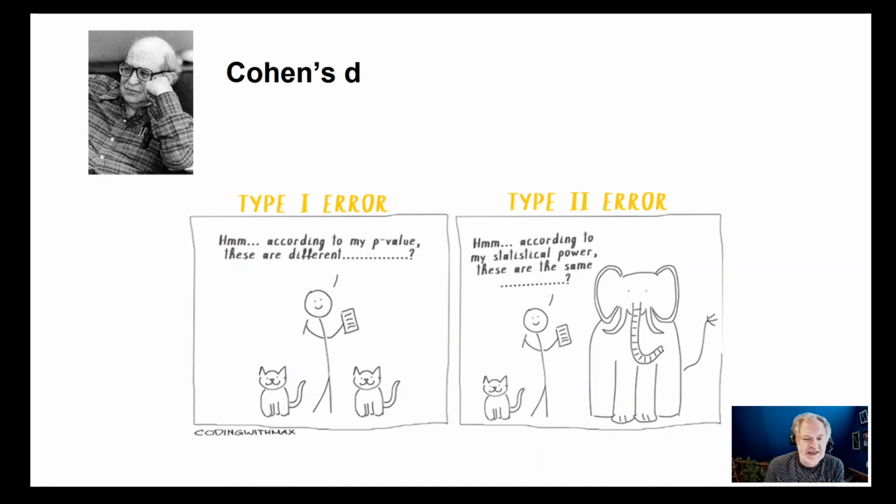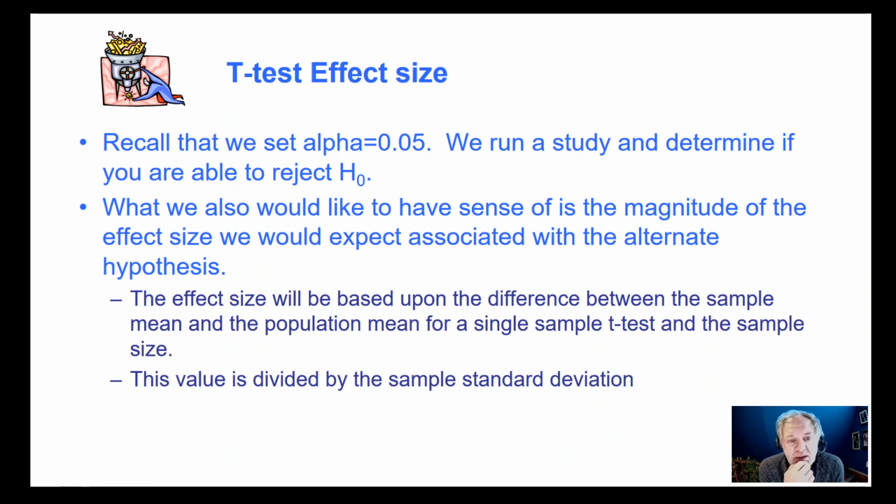Okay, Cohen's d. So we set alpha equal to 0.05, and then we go to reject the null hypothesis like we did in the previous section with respect to the z-test for the average age and also for the number of steps taken. So if we have a sense of the magnitude of the effect size,